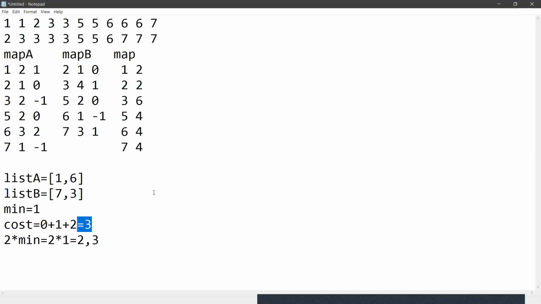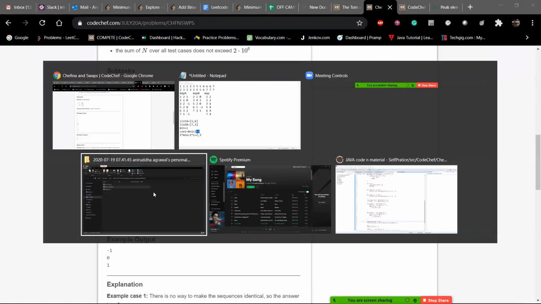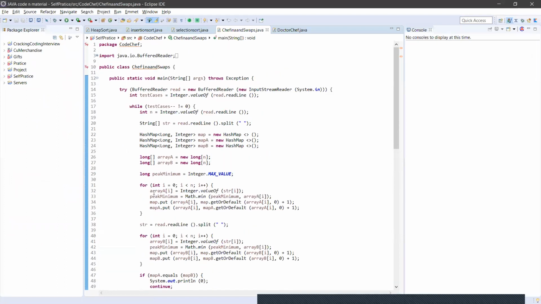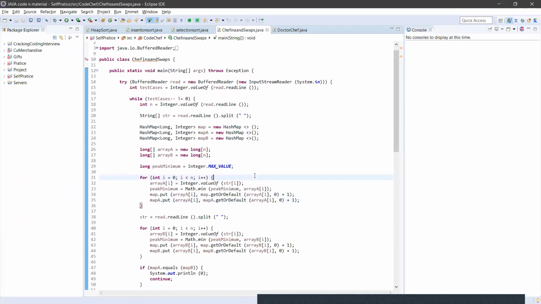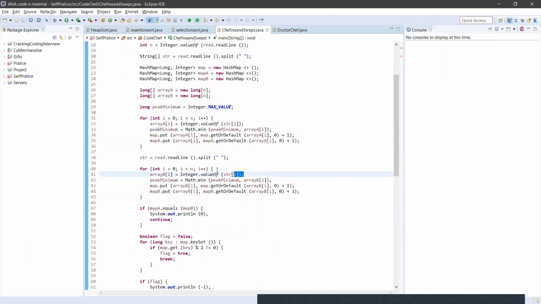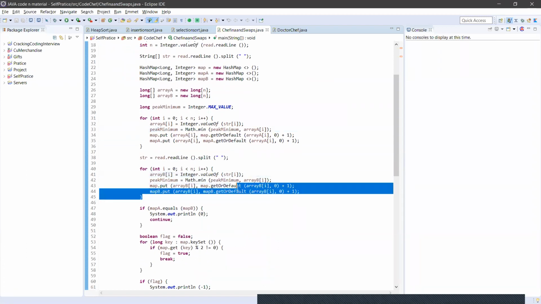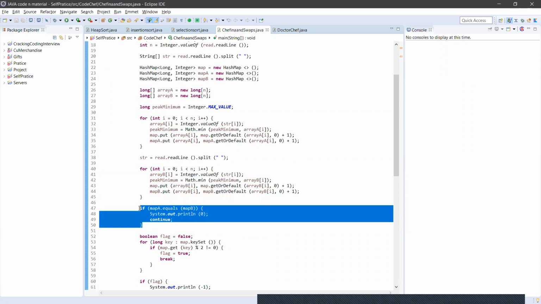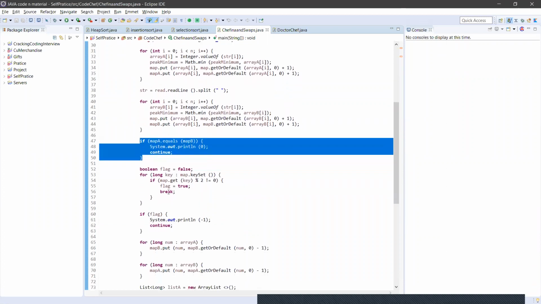This is my approach. Now I also have to show my code and submit it, explaining this code. Firstly, I take 2 arrays and make a map, the final map, map A, and the minimum element of the peak element. And array B is the same, with map B. If both maps are equal, then I return 0. If any key value modulus 2 is not equal to 0, meaning it is odd, then I return -1.